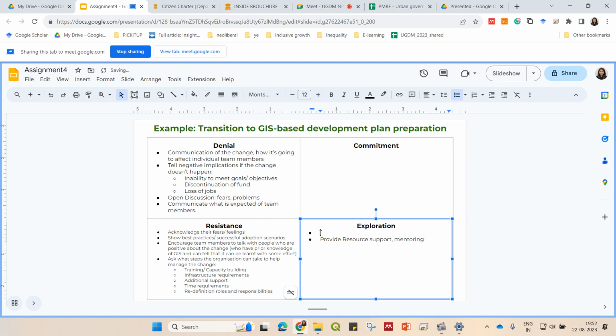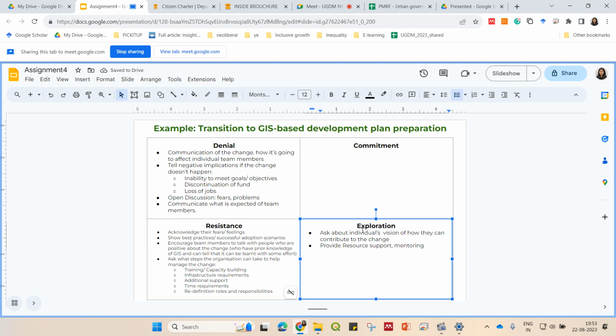So first thing you can do, that you can ask individuals, ask about individuals' vision of how they can contribute to the change. Okay,